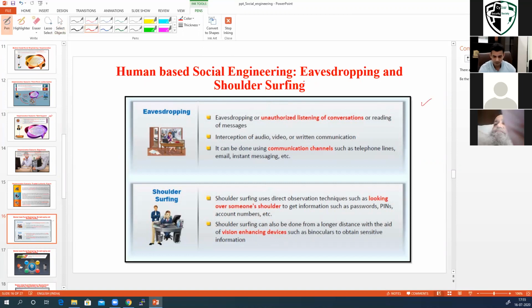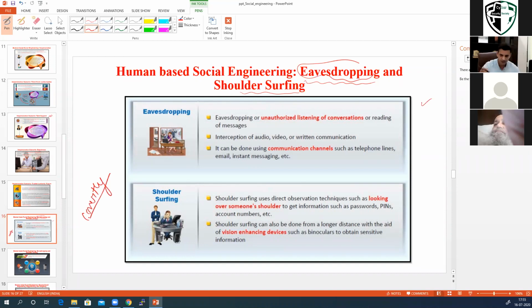So have you heard about these terms, eavesdropping and shoulder surfing? I think so, this is very common. Okay, so this is how human-based social engineering is basically happening. So I can just tell you in short what eavesdropping is. It's basically a technique in which the attacker gets information by listening to a conversation covertly. Okay, covertly means